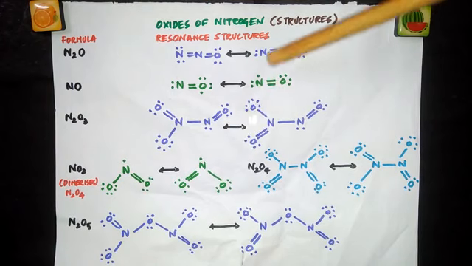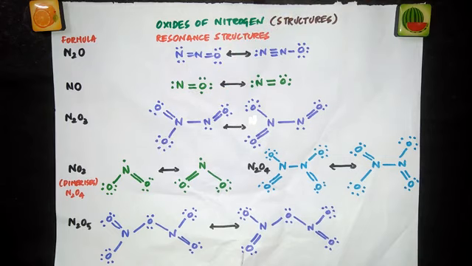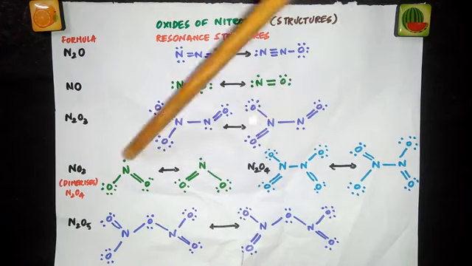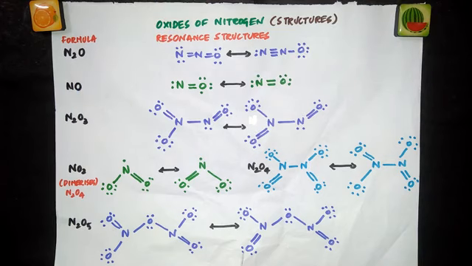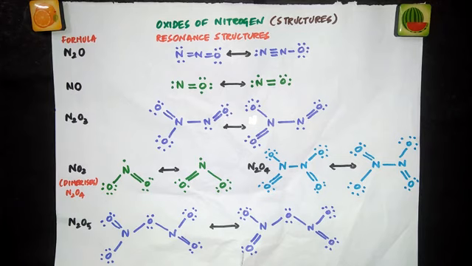This is because in NO both a lone pair and an unpaired electron are present on nitrogen, but in NO2 only an unpaired electron is there. So it has more s character when it undergoes hybridization, so bonding is more. When the two bond to dimerize, that bond strength will be more, so it prefers to be in dimerized form. But NO, since the bonding if they dimerize is not strong enough, prefers to exist as such without undergoing dimerization.